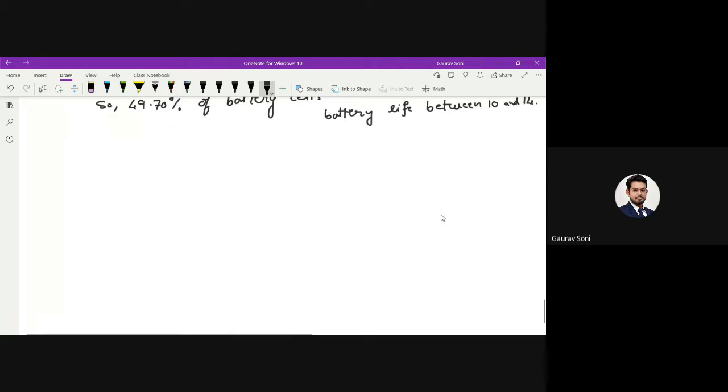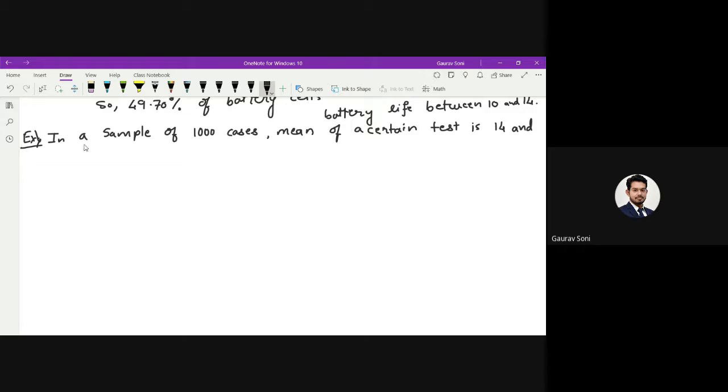Next example. In a sample of 1000 cases, the mean of a certain test is 14 and standard deviation is 2.5. Assuming the distribution to be normal,